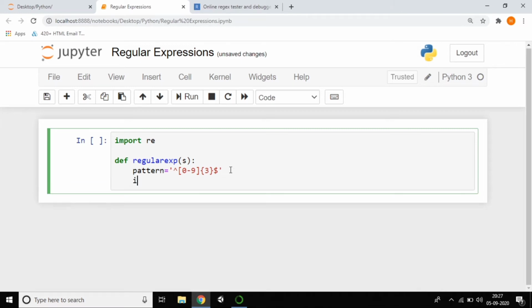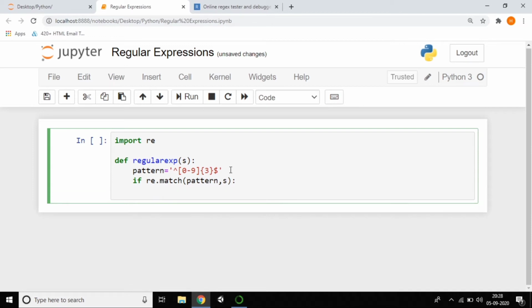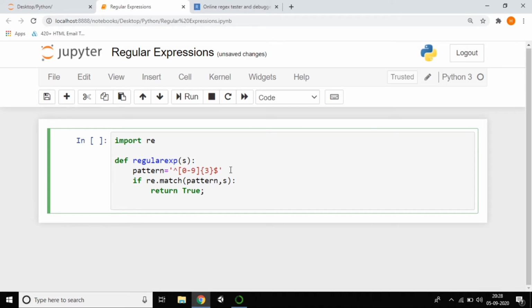I want to validate using re dot match, so if it matches the pattern, it should print the string yes, and just close, it should return true. If it works, it should return true, otherwise it returns false. That's it, it's very clear. Okay, it returned false. Yeah, that's it. So this is all about writing a small regular expression.